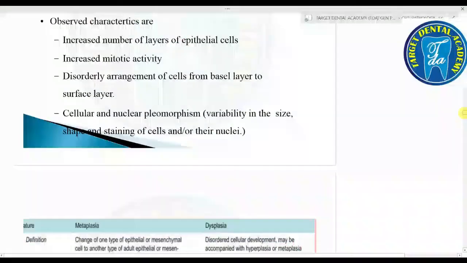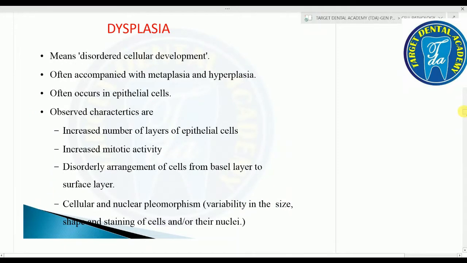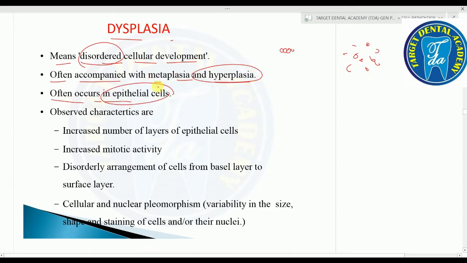And last is the dysplasia. Dysplasia means disordered, irregular. So this is in an ordered and this is in a disordered fashion or disordered arrangement. So dysplasia means disordered cellular development. It is often accompanied with metaplasia and with hyperplasia. It often occurs in the epithelial cells, and